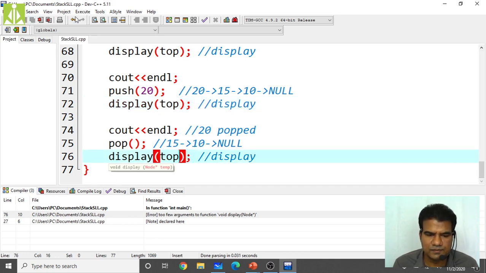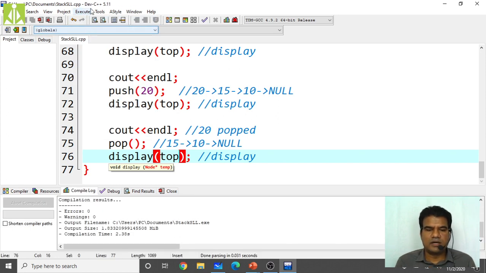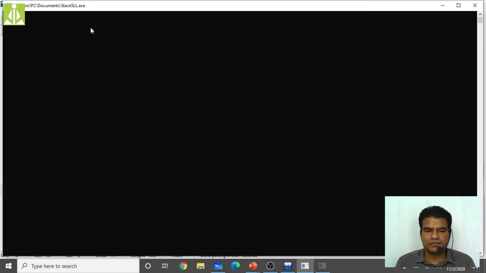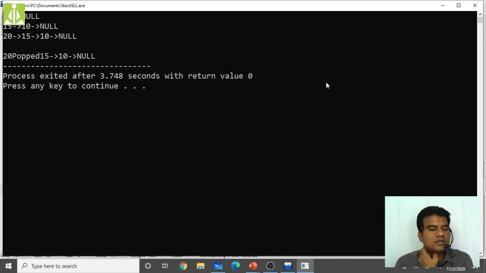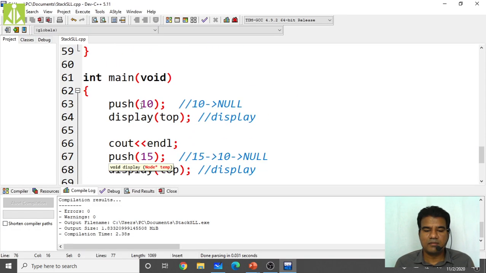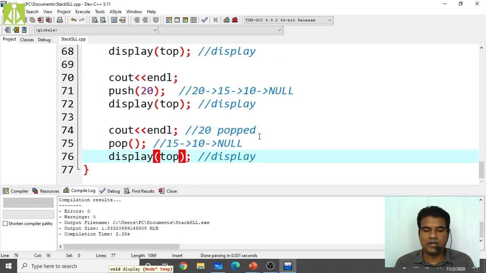Save it, compile, yeah, done, then run. See, I think we have to put this endl properly. Here I put endl, here also we kept endl. Okay, then where is it giving that error?